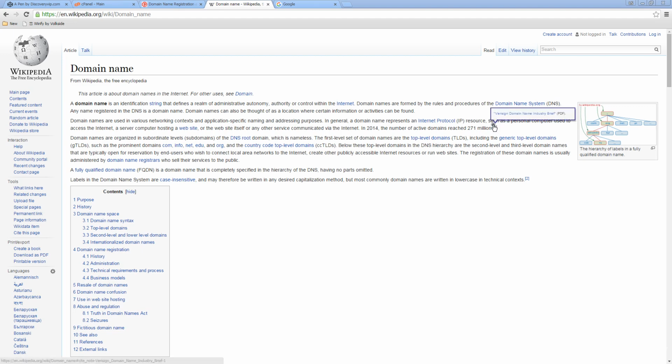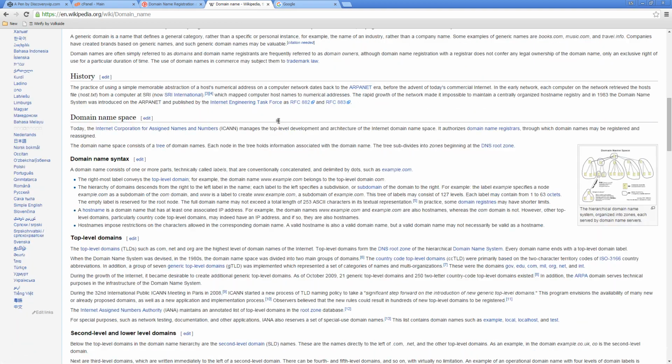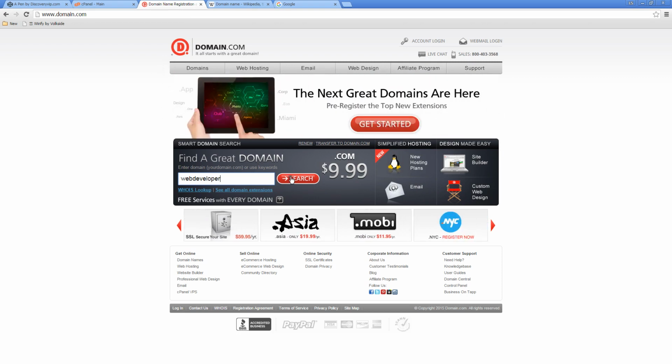And I'm just looking at this article here on Wikipedia, and it says in 2014 the number of active domains reached was 271 million domains. So that means that if you're looking for a domain name, it's probably already taken. So a lot of times when I am looking for a domain name, I'll use domain.com because they actually have the ability to return back